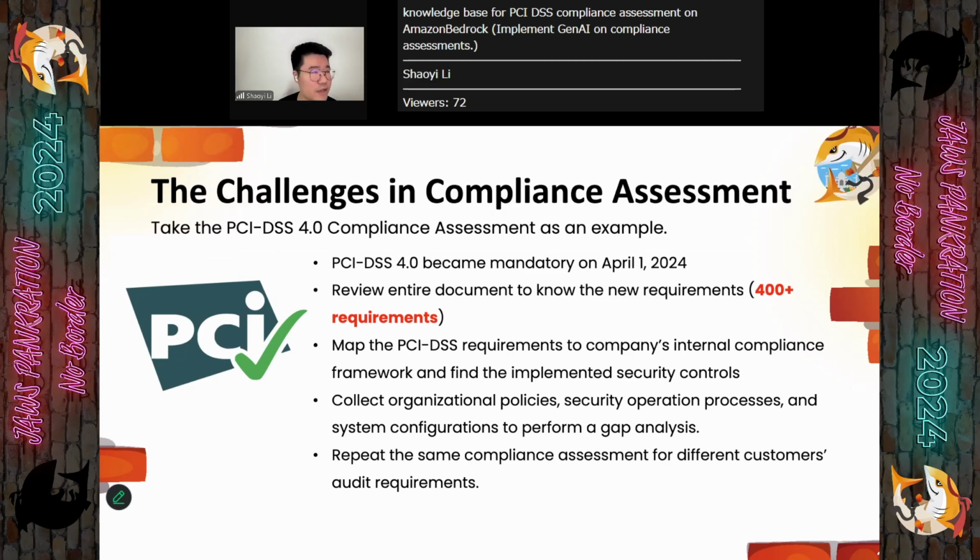Next, after we grasp the content of the PCI DSS, we need to map the PCI DSS requirements to the company's internal compliance framework. That's to find the security controls we already implemented. In this process, we rely on manual checks of the PCI DSS requirements, which is not very efficient and prone to human errors. And after we find the mappings, we need to collect the organizational policies, security operational processes, and security configurations